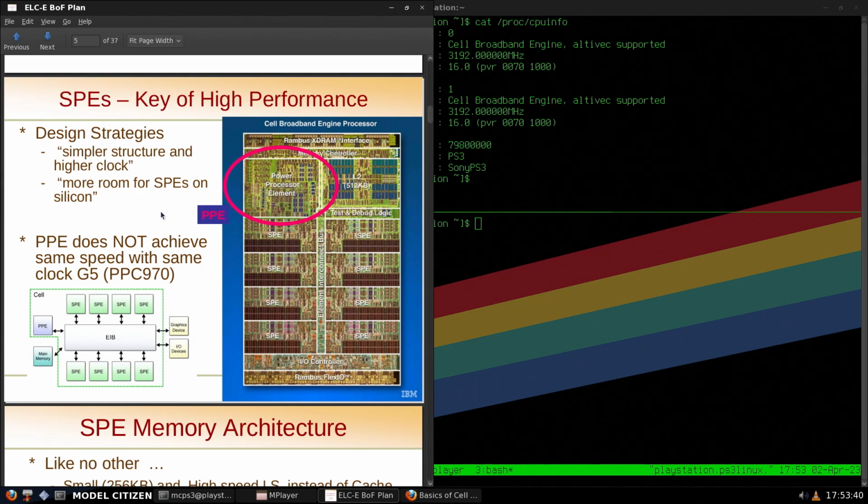If you've ever taken linear algebra, then you're familiar with doing operations on matrices, and that makes them very good for stuff like image processing, or scientific workloads,